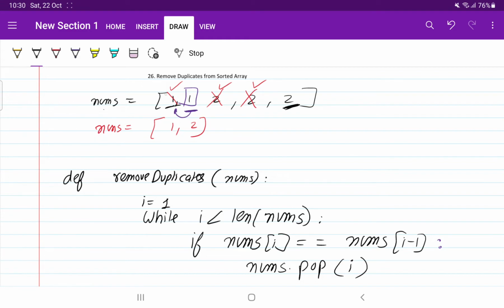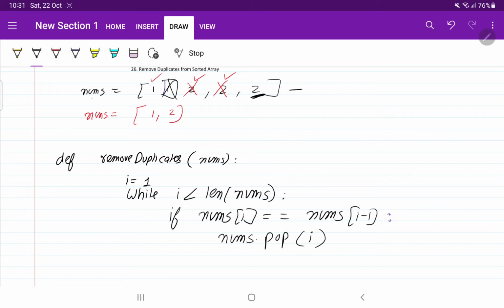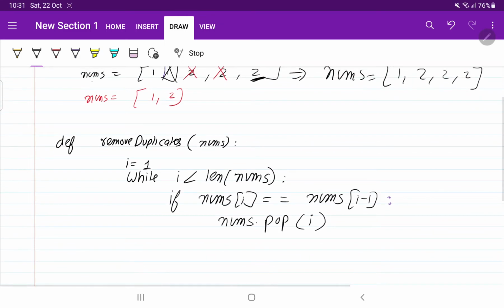Okay, so it means what is I here, I value is 1. So instead what it will do, it will remove this one, right. So once this is removed, what is our nums? Our nums has become like this, 1 2 2 2. Perfect. Now see, there is no need to move the I because I is already there in the first position now